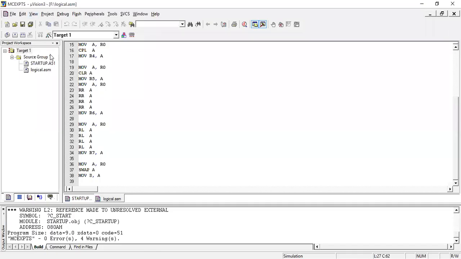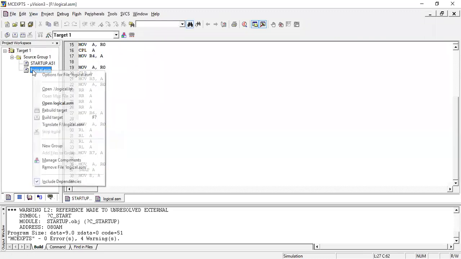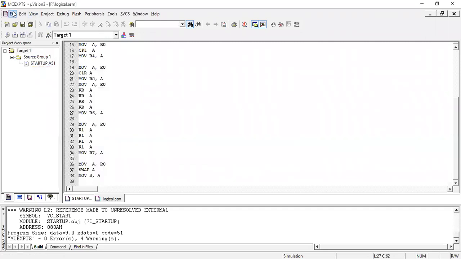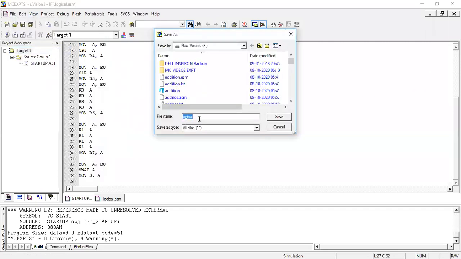Yes. So after typing the program, we know the procedure. We need to save it as an .asm file. After saving it, I would save it as logical.asm.